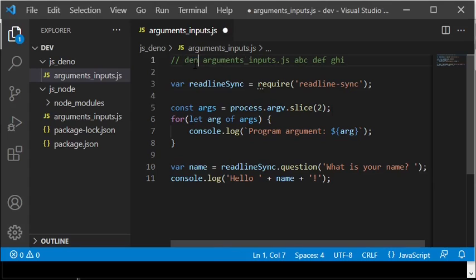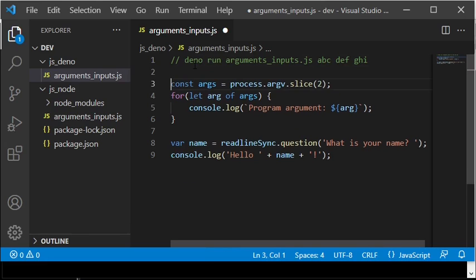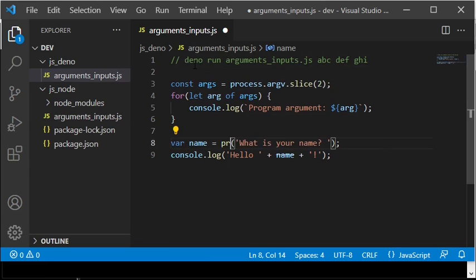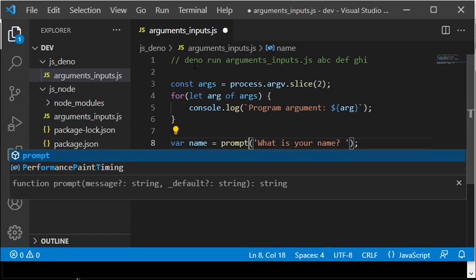But first the program has to be modified to be able to use it with the Deno runtime. The call to the function require is removed, and the readline-sync method question is replaced with the Deno function prompt, which works in the same way with display text as argument and the input response as return value from the function.